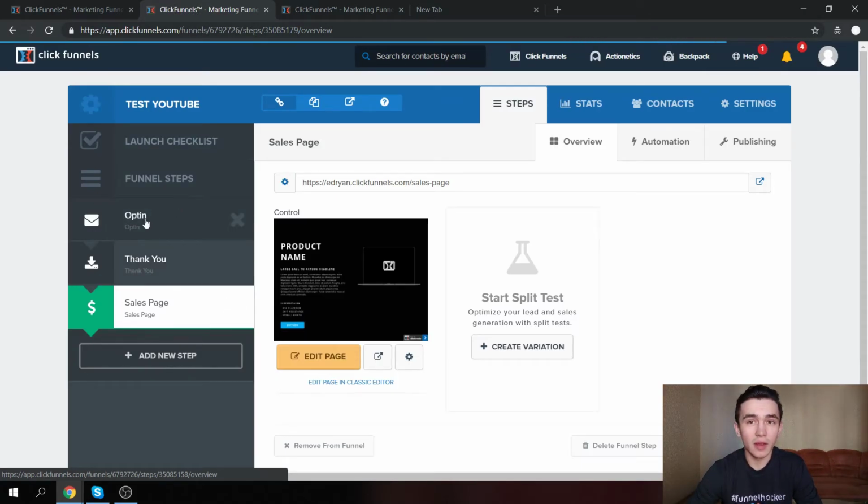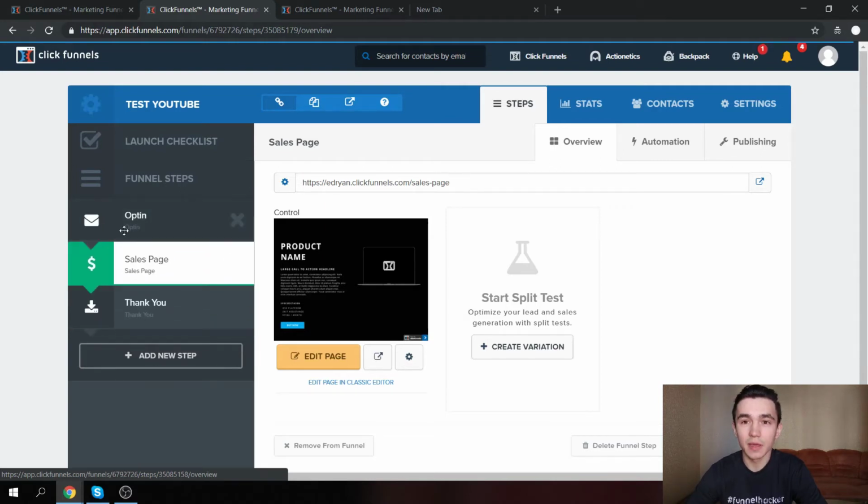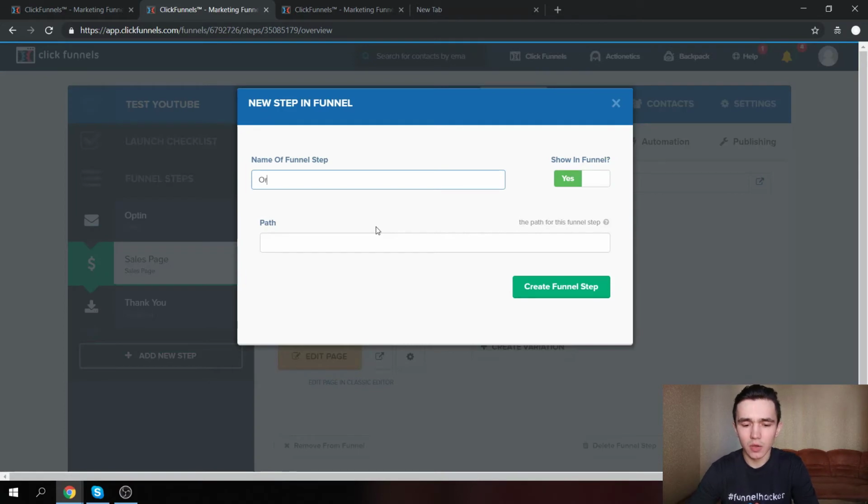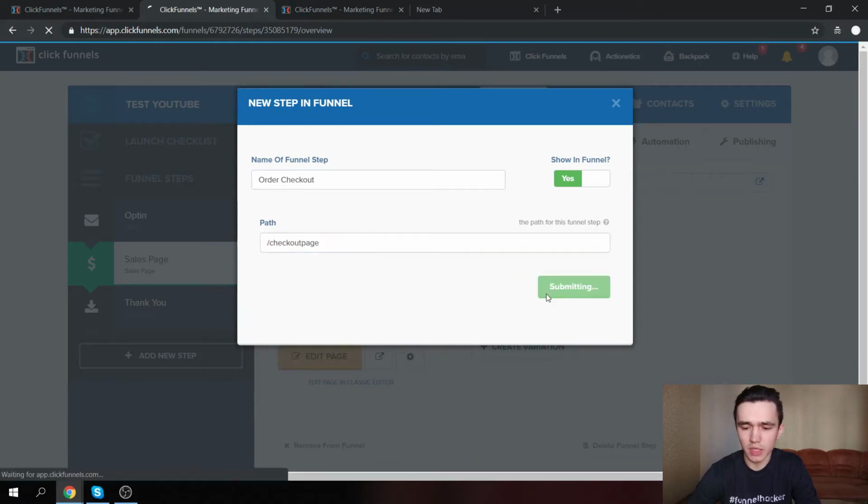First, user needs to give you the contact information in the opt-in page so that you can send him messages afterwards, and you know he's interested in your product because he bought, for example, some weight loss, and then we're gonna just drag this here up, and now after opt-in, people will not go to thank you page but to the sales page. So after the sales page, they will go to the order form, and we're gonna add a new step, which is gonna be order checkout, and the path will be checkout page. So create this funnel step,